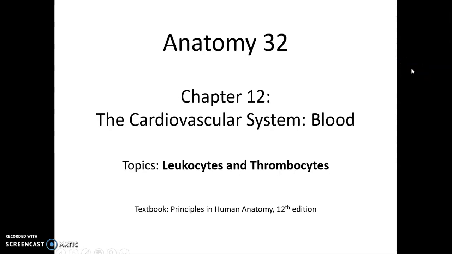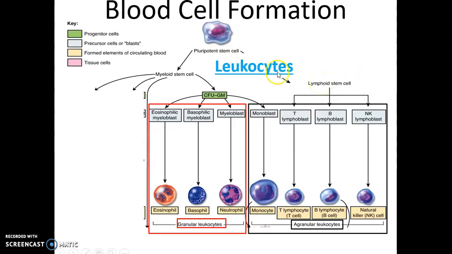Anatomy 32, Chapter 12, the Cardiovascular System, Blood. Topics: leukocytes and thrombocytes. So, again, in the red bone marrow, we have the pluripotent stem cell, which from it